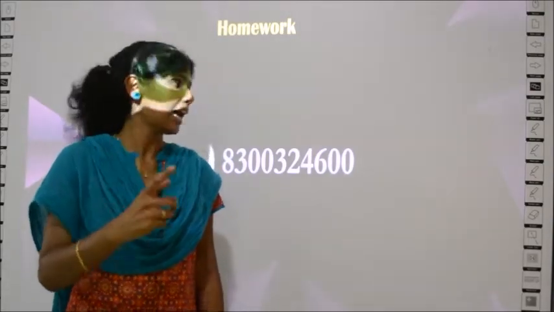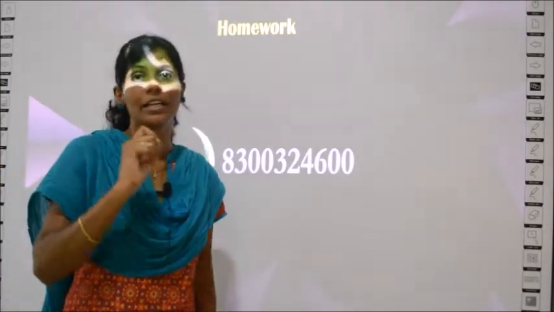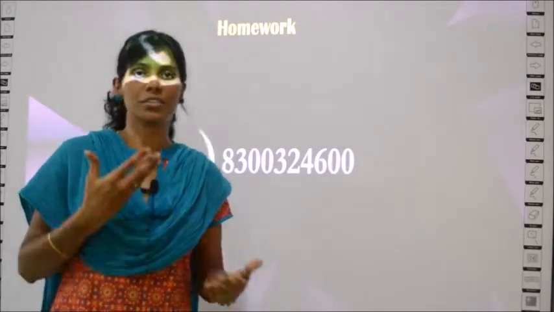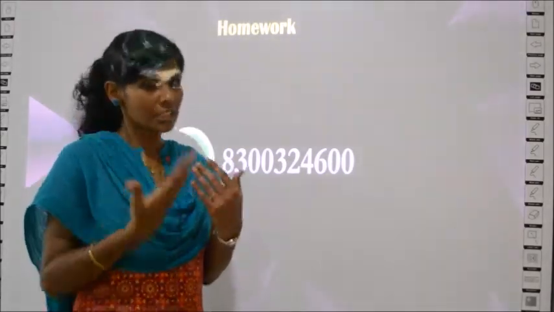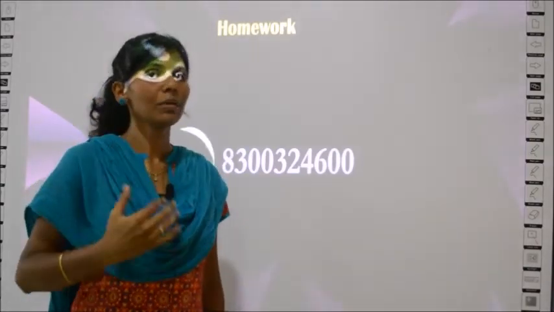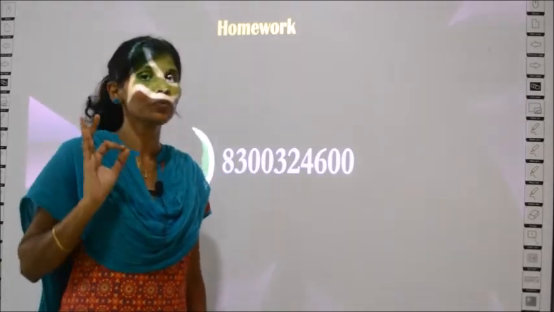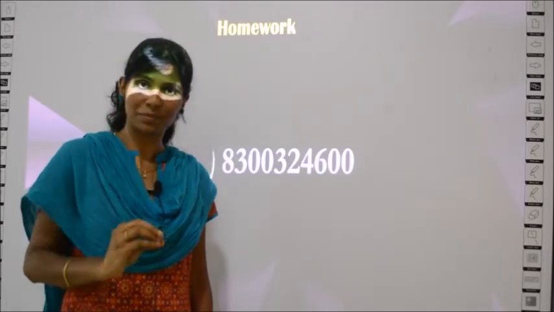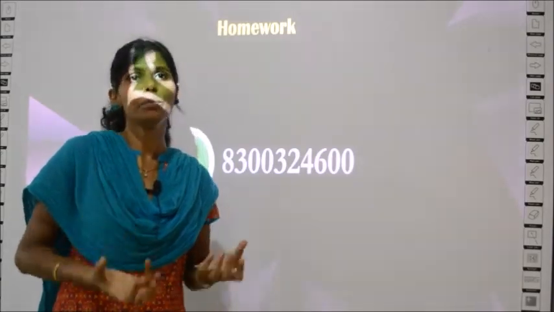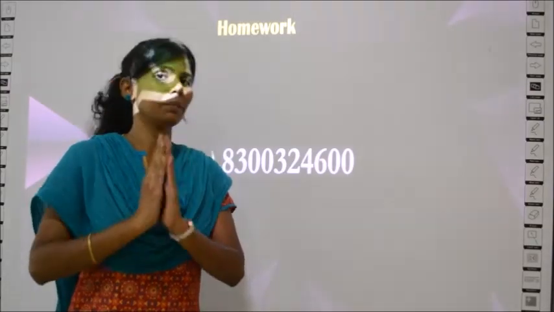Okay, take a picture and send it to me, and also note down the time. Write after how many hours you got the color, either 2 hours or 3 hours or 5 hours or 6 hours. Whenever you get the color, observe at what time the plant has conducted water. There is no competition for this. I am not going to announce the name of the person who has sent me the first message, because different plants take different time to absorb water. So you need not rush, do it patiently, but send me the picture.